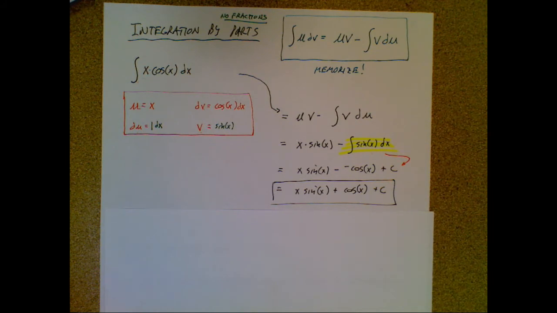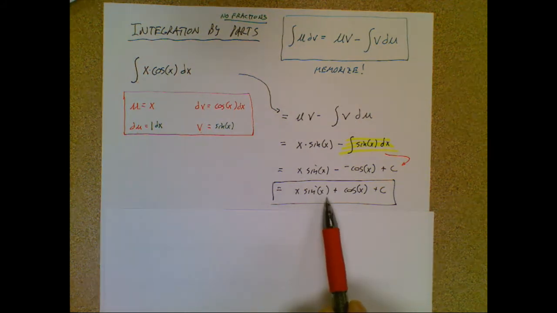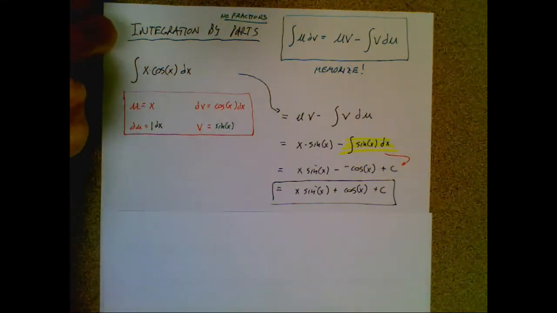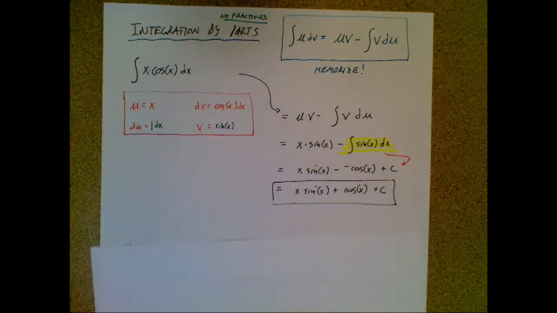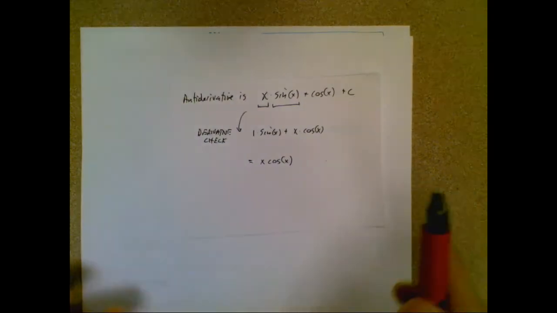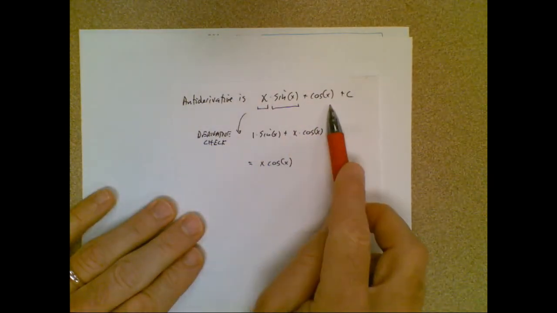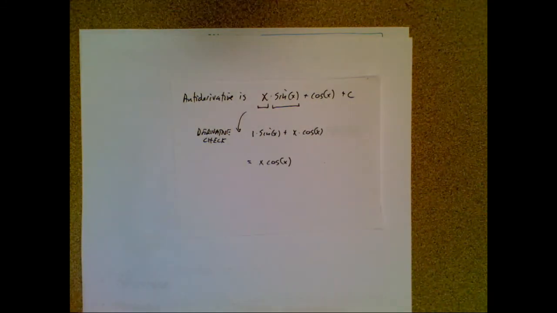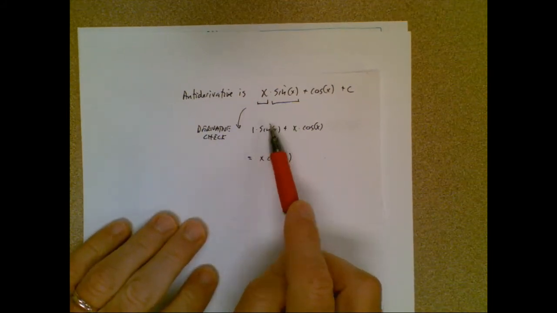Okay, so you might be skeptical. You might say, I'm not really sure that's the antiderivative of that. Thank you for being skeptical. I have taken that. That was our answer. And if that's my antiderivative, I can go ahead and take its derivative to see if I end up back with the original problem. And by doing product rule,